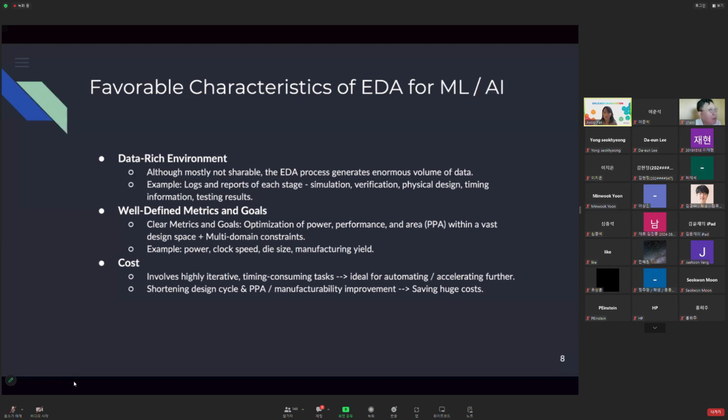And also, if we can reduce the defects, so that we can increase the yield, that will be directly related to the cost. So that will be a huge cost saving. That's why, even though it's a bit conservative, many chip designing companies and also the EDA industry want to use ML and AI